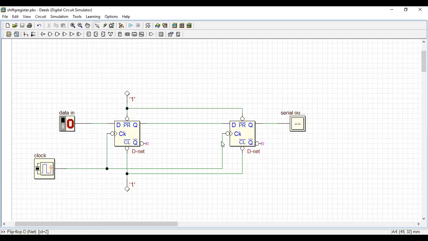It is SISO, correct? Serial input and then serial output. Input is applied serially and output is also taken serially.